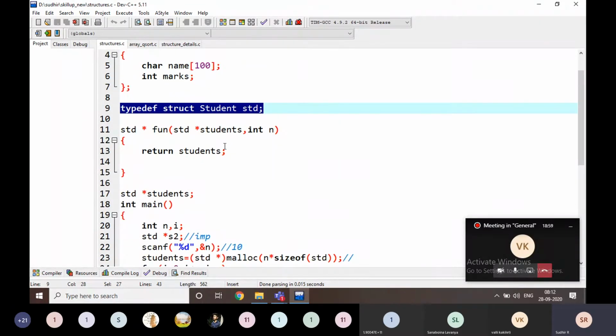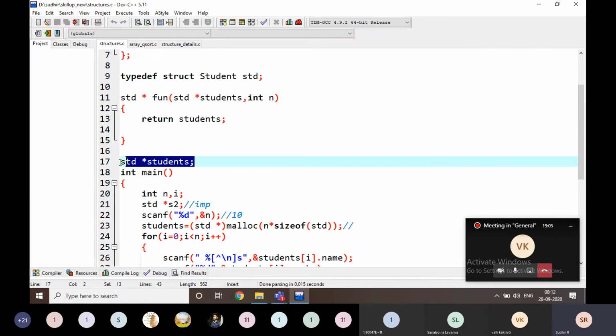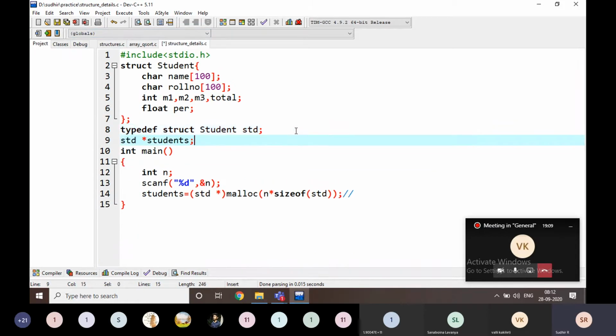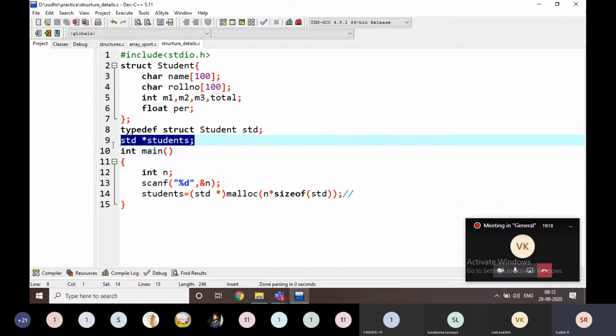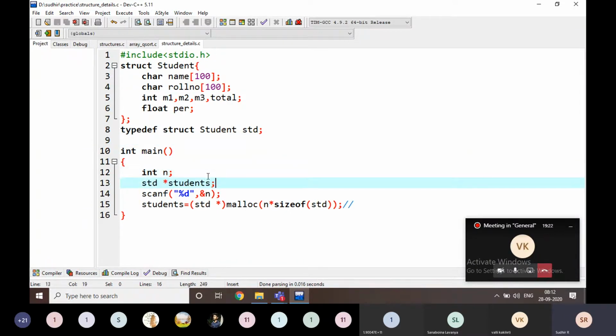We have to write std students. Okay, first I am going to create typedef struct student std, and I am going to declare this one wherever I want. For example, I am going to create here. That is no problem here.